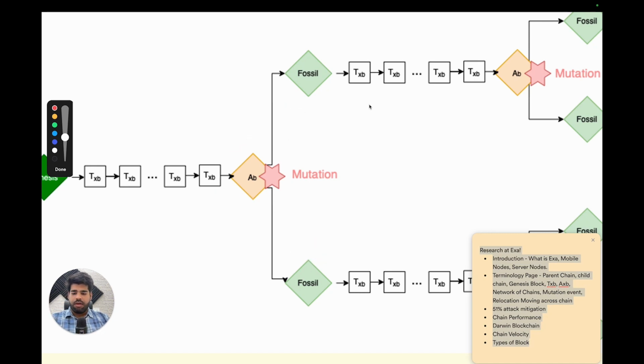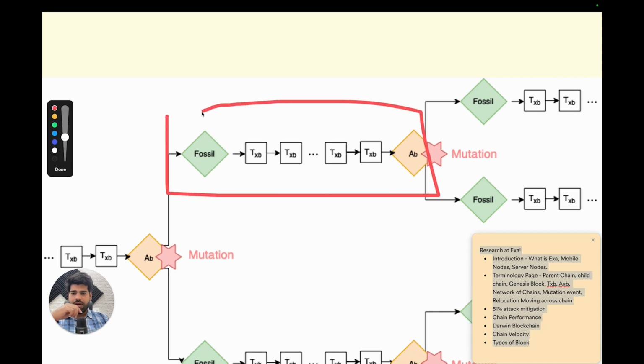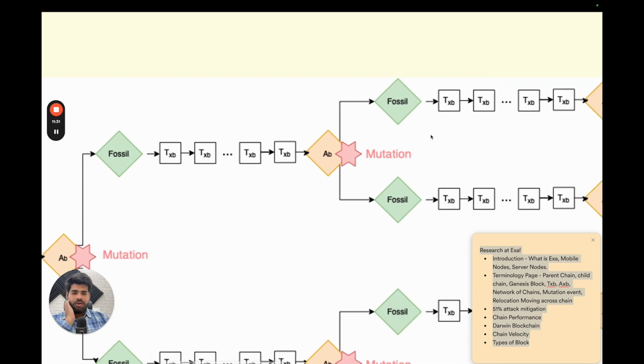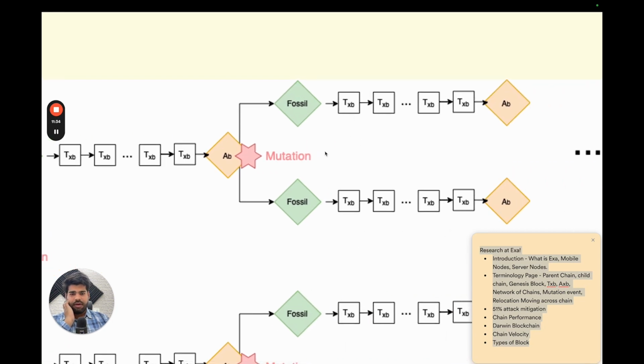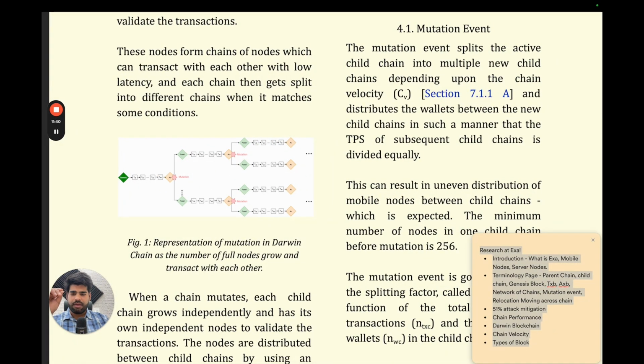Now if we look ahead, you will see that this part of the chain, what we call a child chain, is basically another linear chain. Again, it proceeds as normal. The transaction blocks are added, then audit blocks are added, and again, if the condition is right, it mutates again, and it can go beyond just one chain to maybe 2 chains or maybe 4 chains. We'll discuss that in the future. This is how the network grows over time. If the need arises, it splits and then accommodates more wallets.